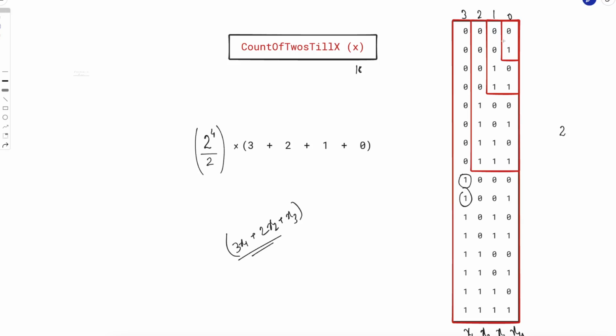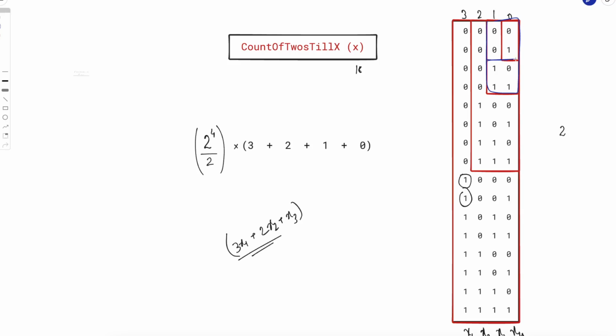So I hope you thought about it. It's actually equal to half the number of numbers. Why? Let's talk about the first bit itself. In the first bit, the number of zeros and number of ones were equal, and there were two numbers. So overall, there is one 0 and one 1, right? Let's talk about the second bit. So in this case,